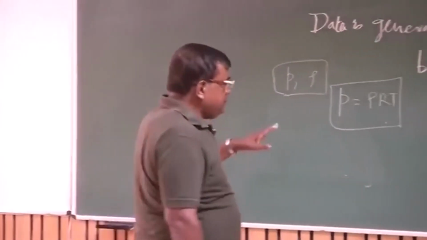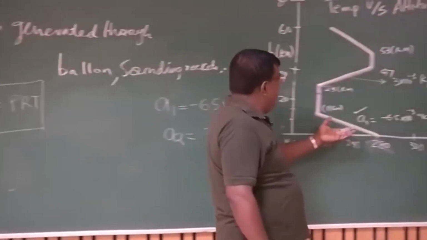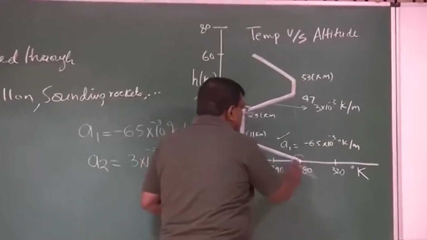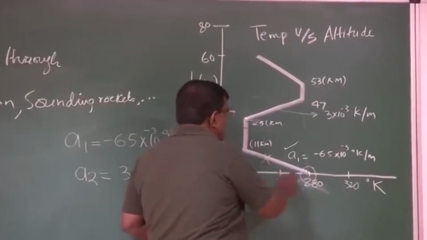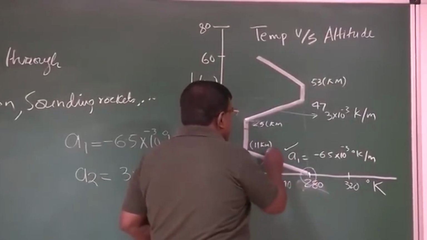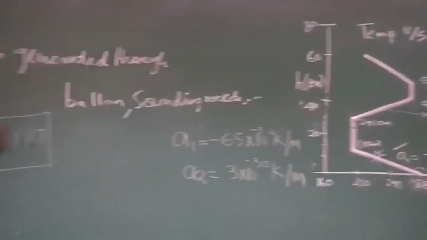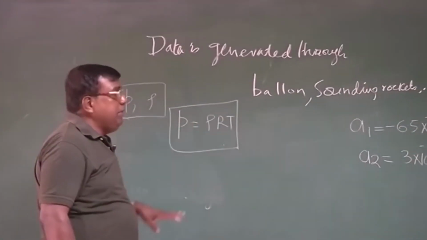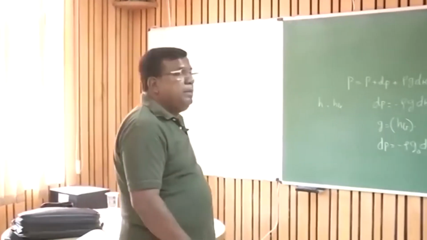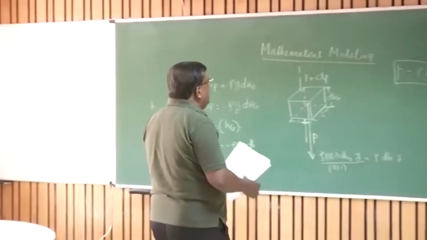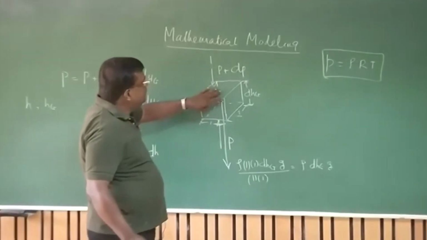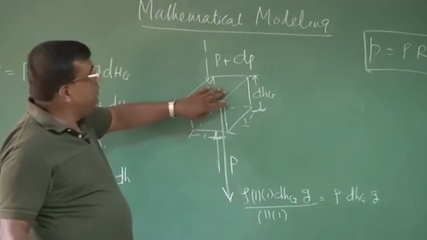And then if I know the temperature here, pressure here, density here, then what is the pressure, temperature, density at that point, by keeping in mind that they are perfect gas. Yeah, we are trying to develop a mathematical model, and we are assuming that this is an element of